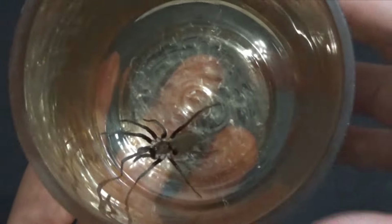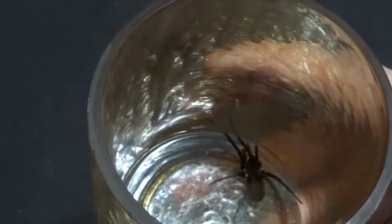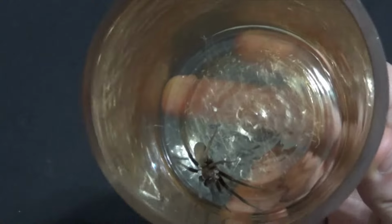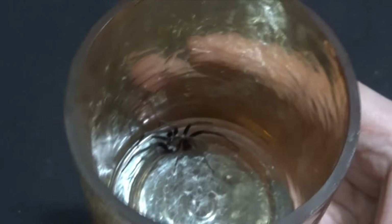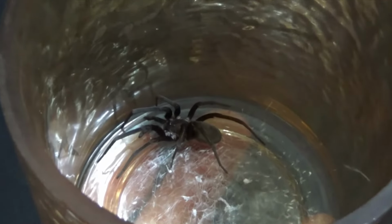True story. Speaking of true stories, would you like to know how I got her? Well, I had just watched a video on how great of a pet these make. I was thinking, wow, that would be really cool to have, but I'll never find one. I see the males all the time, I'll never find a female. But, guess what? Not 2 days later, I hop in the shower, and I see a little black leg stick